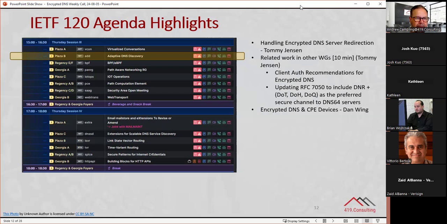Session 4, I didn't end up going to a workshop. I had planned to go to SPICE, but I then picked up some actions during session 3. So I was elsewhere whilst session 4 ran, talking to some of the ADs and working group chairs. So I didn't get to go to SPICE, so I don't know how that progressed.